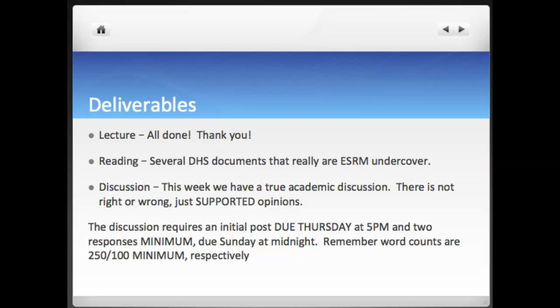Discussions are due Thursday at 5 p.m. I'm going to try to put that in the calendar, but D2L is squirrely about that, putting things in the calendar unless they're assigned to a grade or an actual stop. And I can't have you write the discussion, have it stop on Thursday, then reopen it to put in discussions. So it's going to say your discussion is due Sunday at midnight. That's true with the responses, but the initial post is due Thursday at 5 p.m.